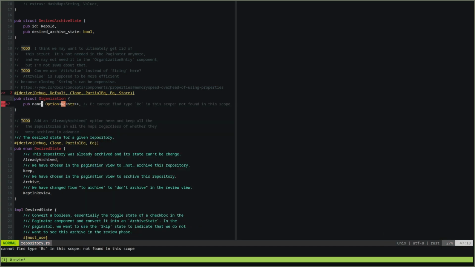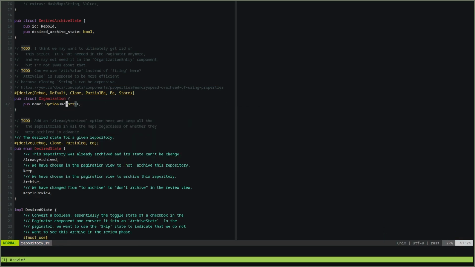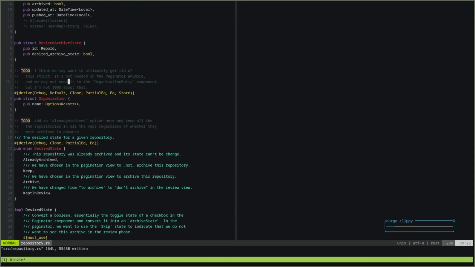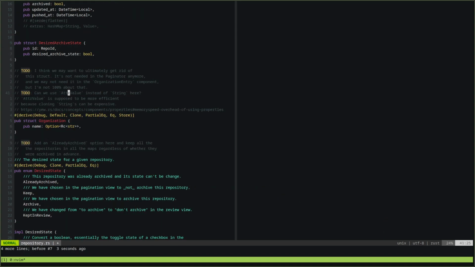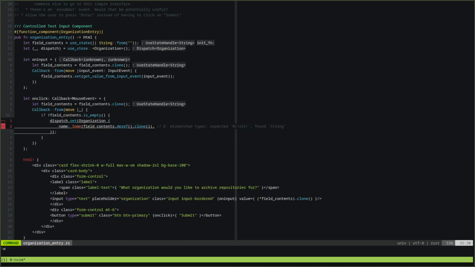This is going to optimize the size of the pointer and also make it easily clonable, so it's really cheap to clone. And that'll be nice. And we can remove this note here about optimizing it, because that is now optimized. And back here, when we set it,